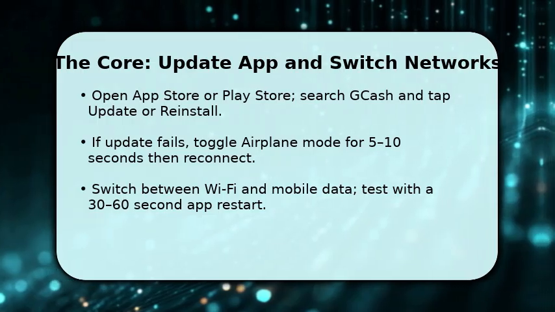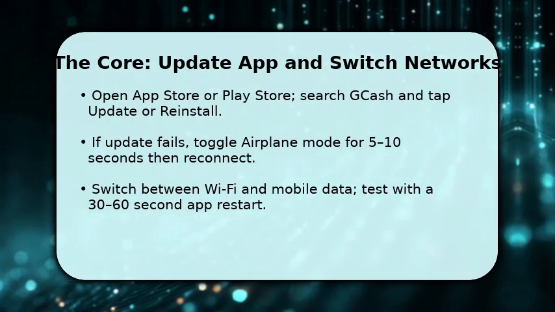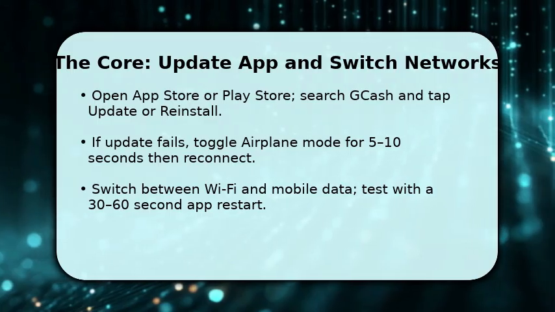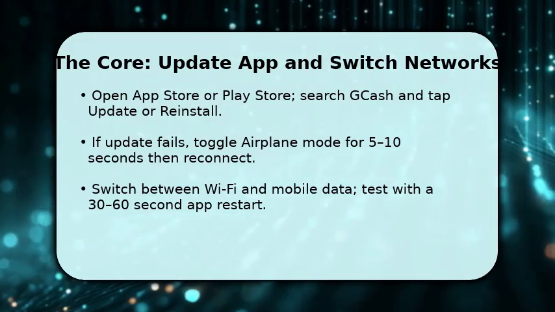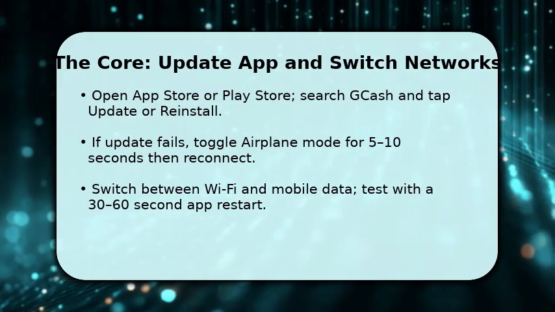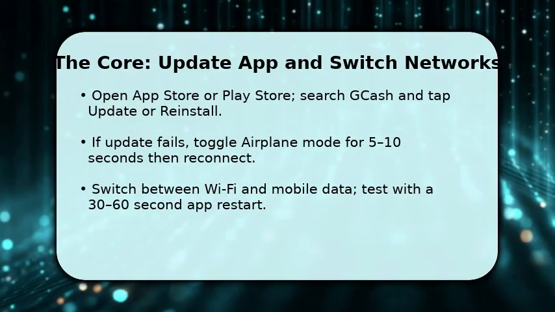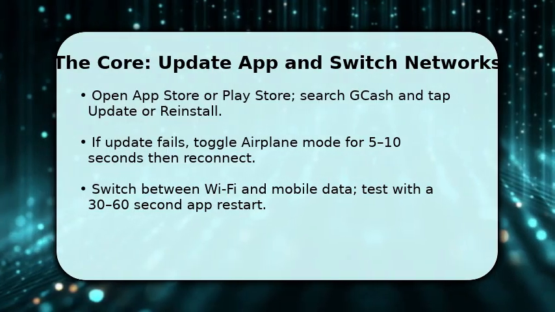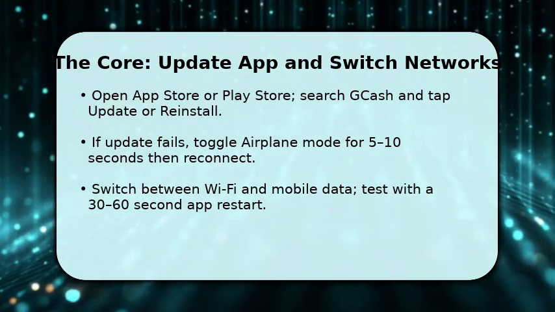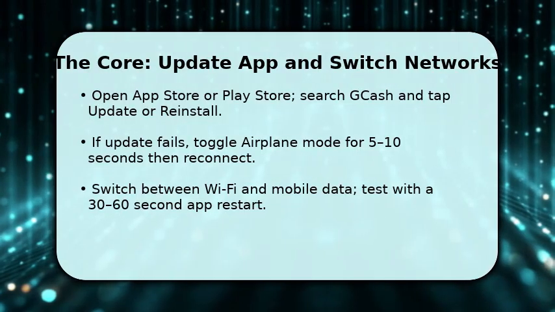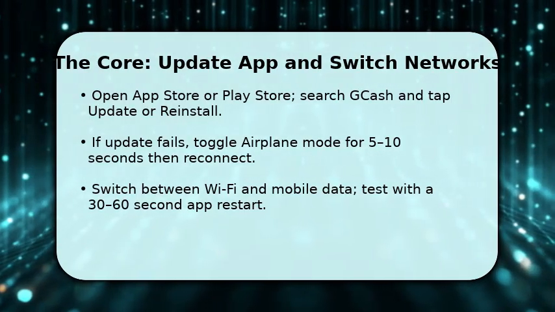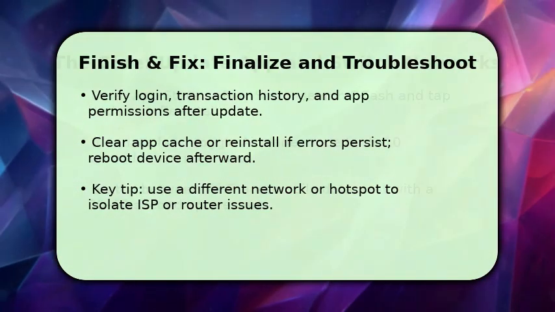If the download stalls, toggle airplane mode briefly to reset network stacks. This clears transient DNS or routing issues. Once updated, force close Gcash and reopen test connectivity. If problems persist, switch from Wi-Fi to mobile data or vice versa. Because different networks route differently and one may reach Gcash servers, you finish by logging in and confirming your balance